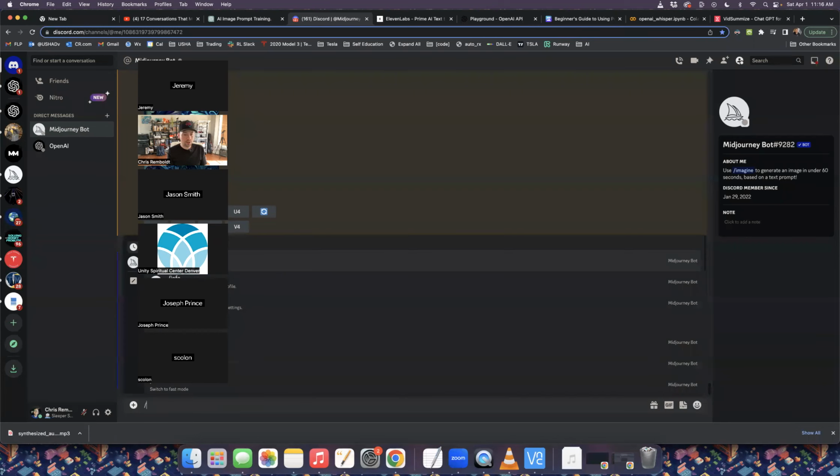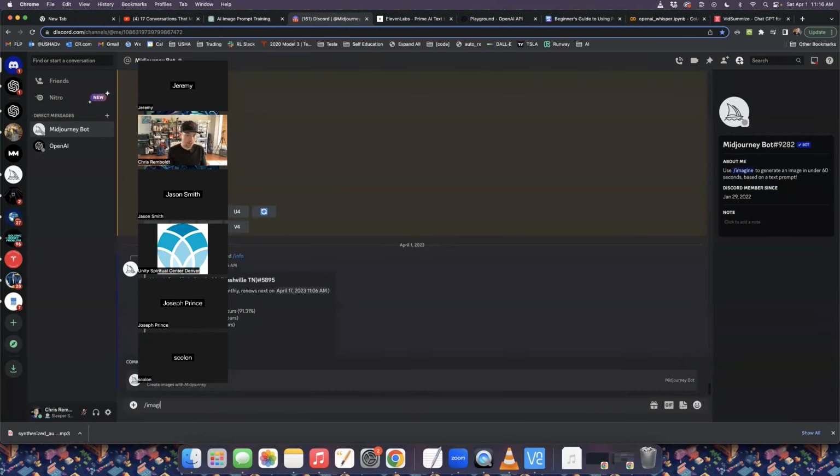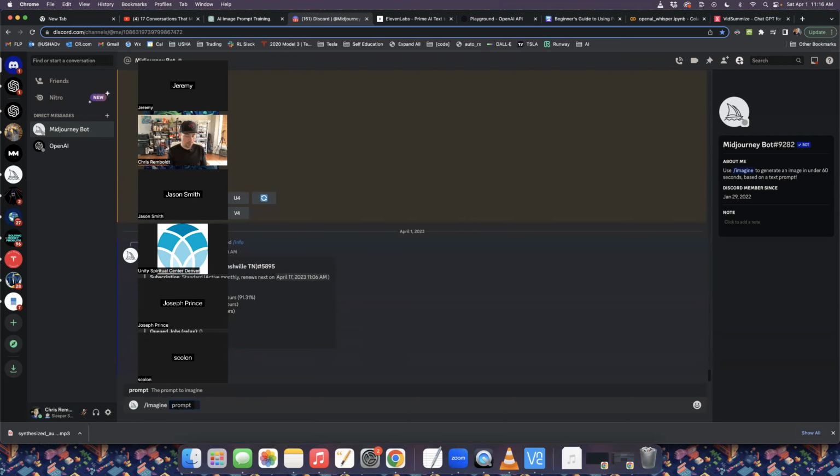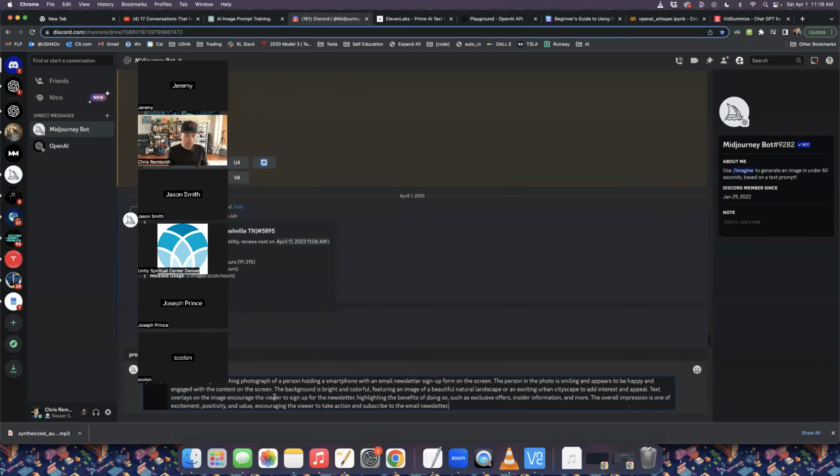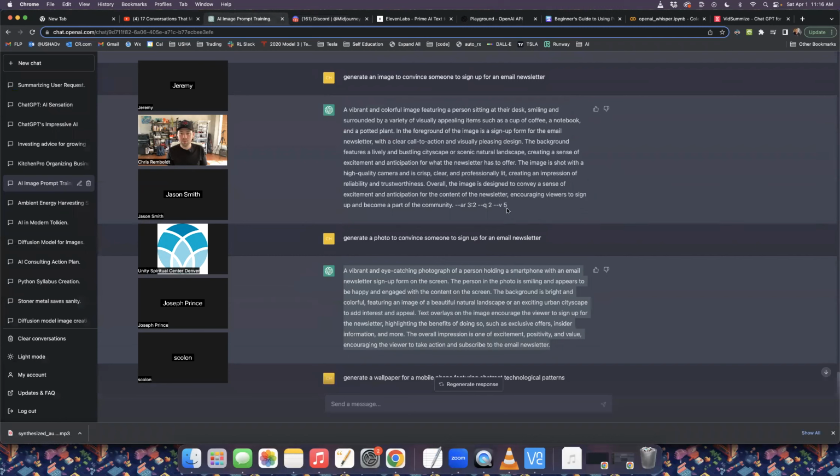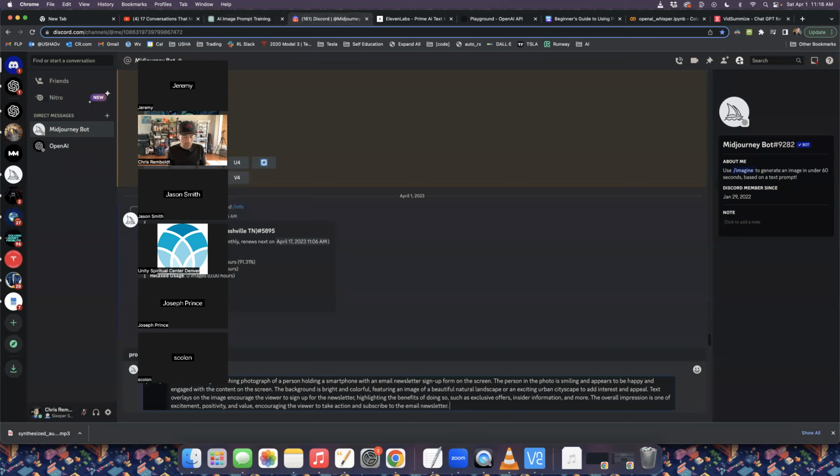So to get an image out of Midjourney, you type /imagine. That lets it know that you're about to pass it a prompt. Hit space, and then it will give you this prompt pop up here. We'll paste in our prompt. And you can do things here at the end. I've learned some of the commands for Midjourney. And if you're using GPT-4, it will usually come with commands. If you're using GPT 3.5, sometimes it won't, but things are like aspect ratio, overall quality, and which version of Midjourney to use. Sometimes it skips out on passing those to you when you're using 3.5, but you don't need them. And if you know which ones you want anyway, you can just type those in manually. So we'll use this version 5, double quality, aspect ratio of 3:2.